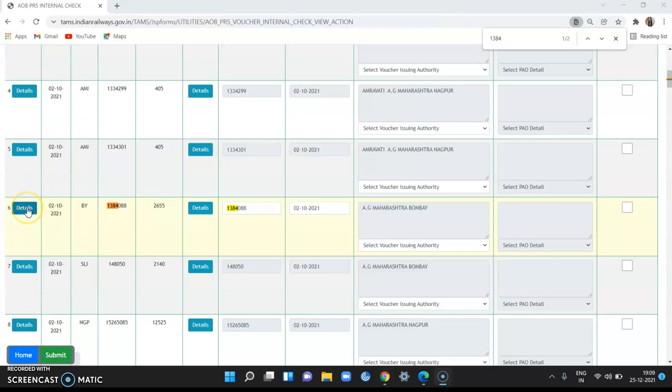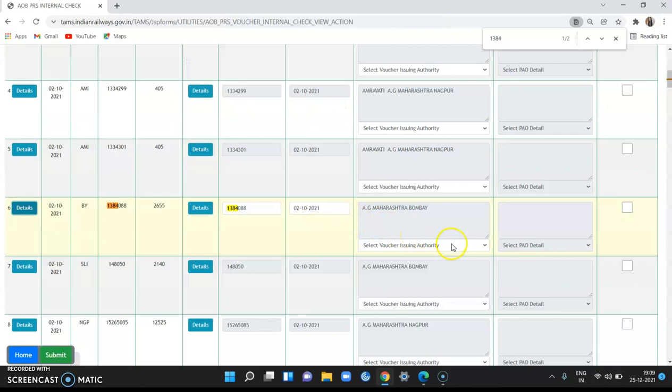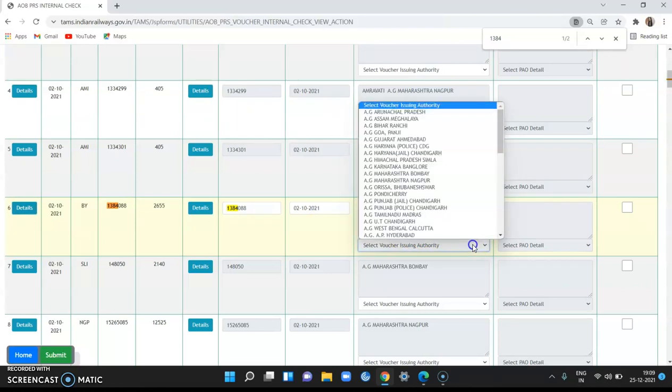Then click on PRS detail button. You will see the PRS voucher data details, which need to be matched with physical voucher for internal check. If detail of PRS and voucher match, then select the correct issuing authority from drop down.